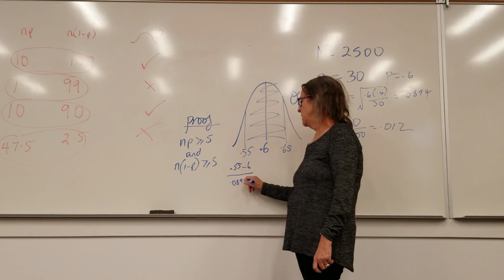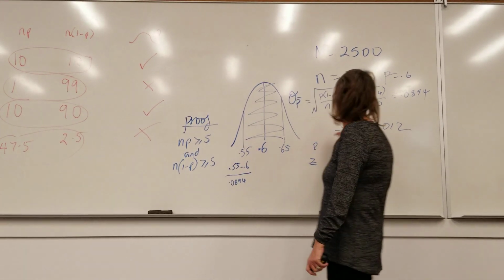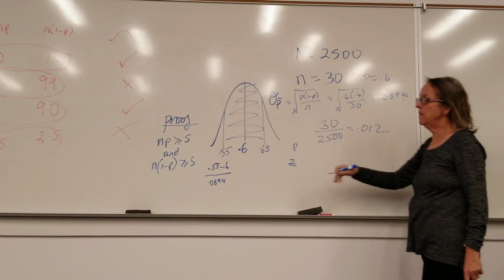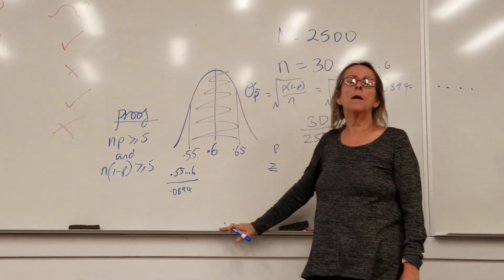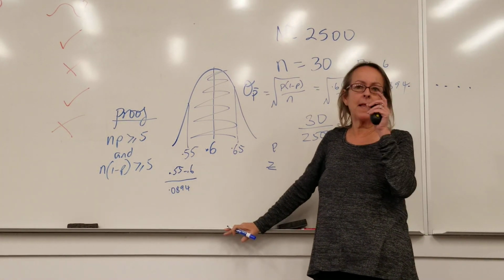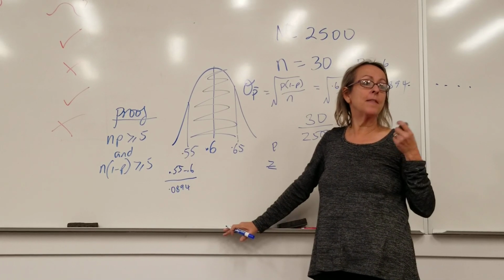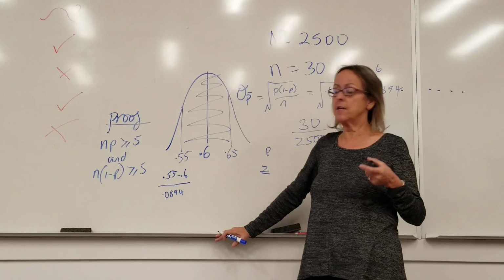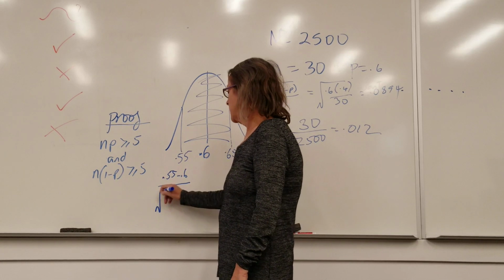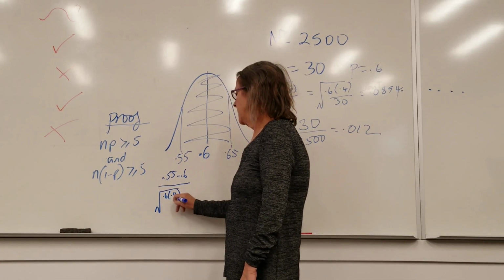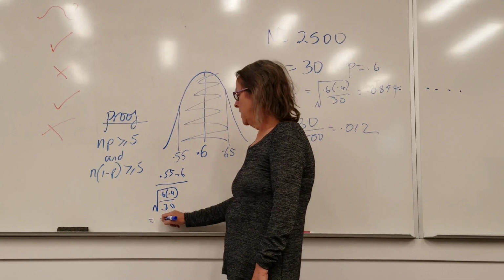Do not put a rounded number in here. So if this keeps going on, you would just do negative 0.05 divided by the answer. You might find that your z-score's off by like 0.01, and then you get frustrated and think your answer's wrong when it's just a rounding issue. So never round till your final answer. Instead of writing the number, I'm going to actually write the formula in here. Okay, so that's going to give me a z-score of negative